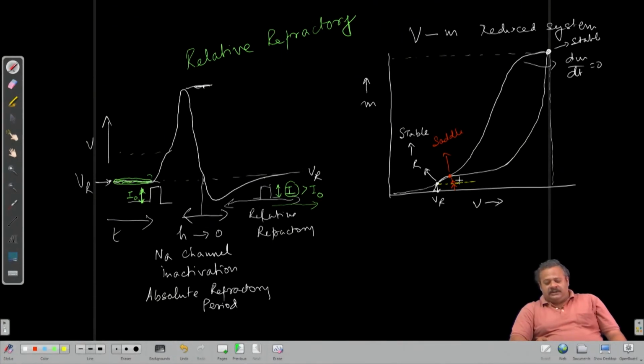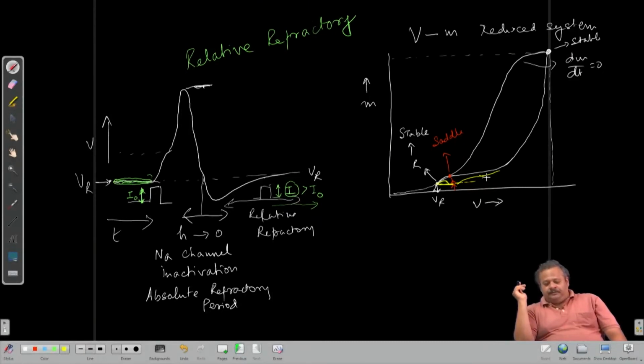So, initial voltages reached through current injection anywhere on this yellow line before the stable manifold will go back to resting membrane potential, and anything beyond it will go along the unstable manifold